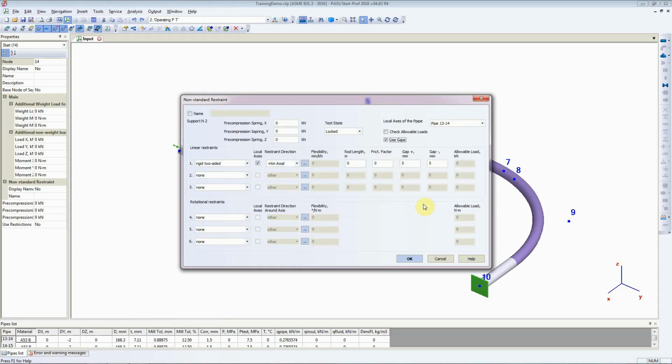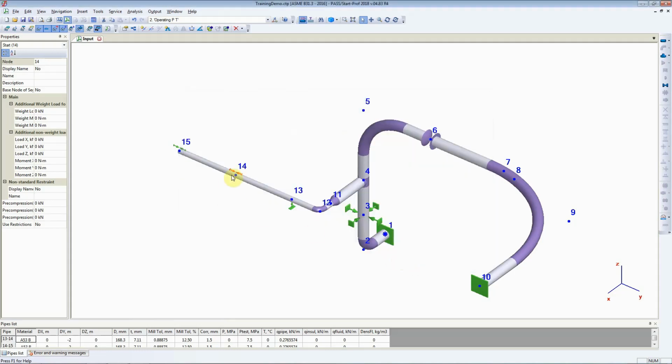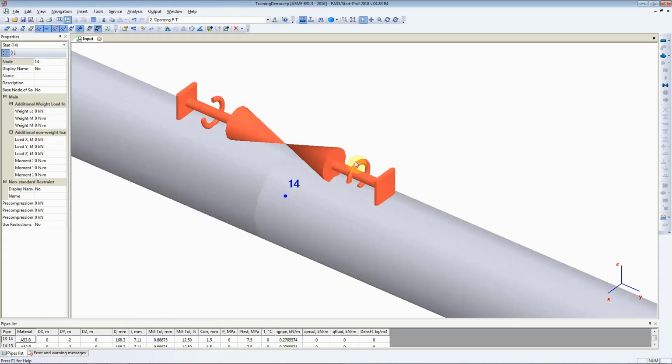So what are the other options available in non-standard restraint? We can also restrain a pipe support in rotational direction. Again, when you click on rigid two-sided and you select local axis and you say that you would not like this to rotate in axial direction, and when you click on OK, Start Prof adds a small little arrow which is curving in axial direction, which means that Start Prof will add a restraint which stops this pipe rotating